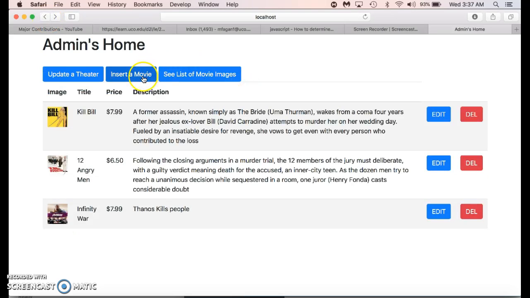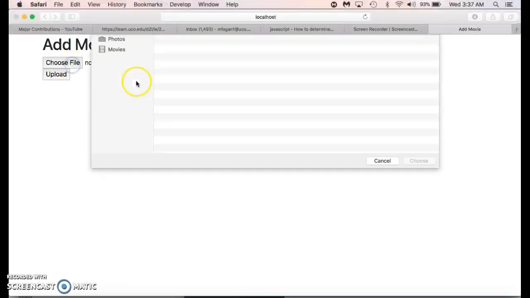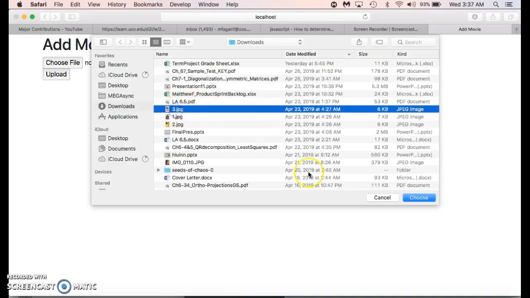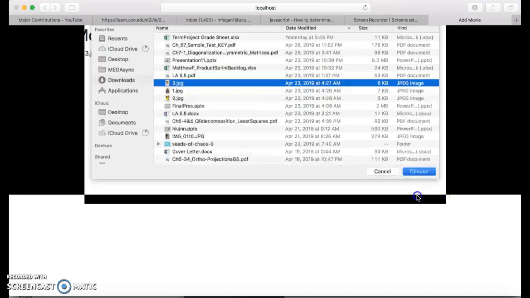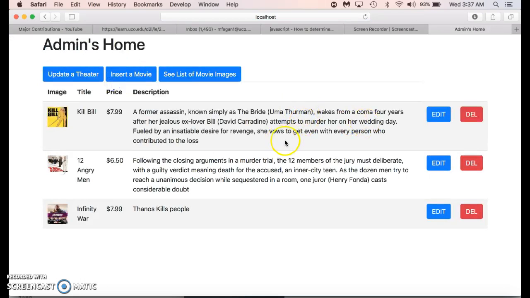And then insert a movie. This is just the upload to the movie file. I'll show you that real quick. So I'm going to upload another, 12 Angry Men. Upload that, and then it takes me to my movies to use page. There's the 12 Angry Men with the new unique generated title that I can copy and paste if I want to create it. So, of course, you can delete,